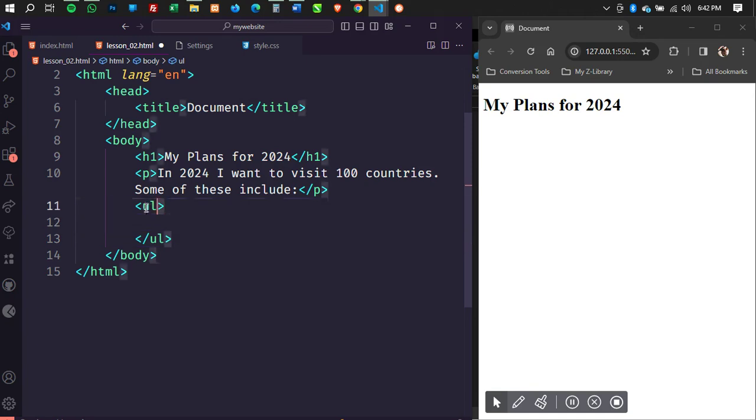Somebody opened an element, didn't close it, brought another element, and then closed it after. Assuming they have the body here, because the UL is starting inside the body, the closing of that particular UL should be inside the body as well. So the body should cover the UL entirely. So this UL shouldn't come outside. It's going to create an error.